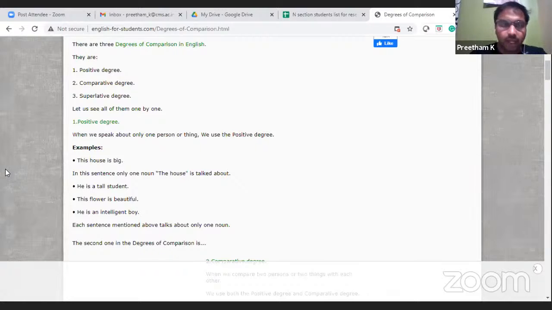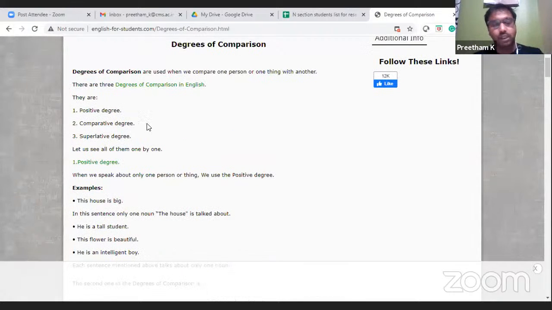Okay. In exam, you may get a question like to identify the sentence, comparative degree. Identify a sentence that denotes a superlative degree, like that. Okay. So this is the basic understanding. Positive degree means one, comparative degree means two, and